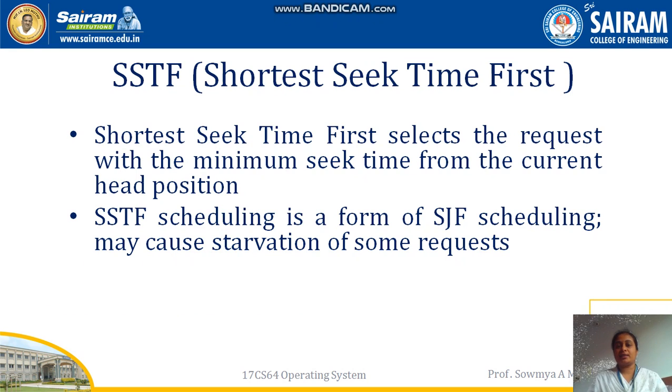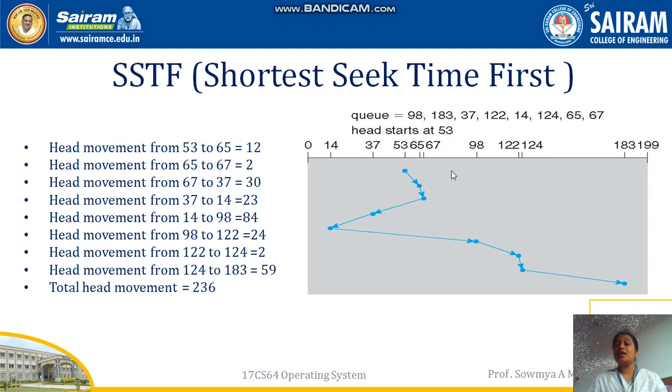Next one is shortest seek time first. In shortest seek time, if your head is at 53, then you have to start finding the head in the queue which is near to 53, then move there. So this is similar to shortest job first. Here you are finding shortest seek, means shortest time first. So here in shortest seek time first, or shortest distance first, from 53 you have to find which is the small distance you are moving in this queue.